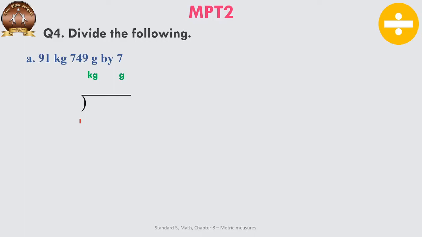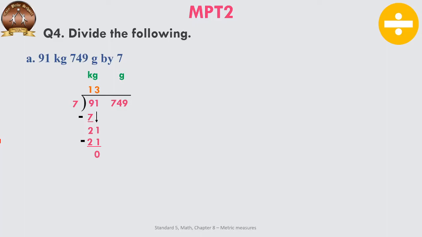Now in the dividend part, under the kilogram you write the kilogram, and under the gram part you write the gram. And here you leave a little bit of distance so that you know where to bring down the gram number. Now 91,749 has to be divided by 7. Simple division. Now 9 doesn't come in the table of 7, so 7 ones are 7. Now subtract and you get the number 2. Bring the 1 down, so you get 21. 7 into 3 is 21. Subtract it and you get 0.